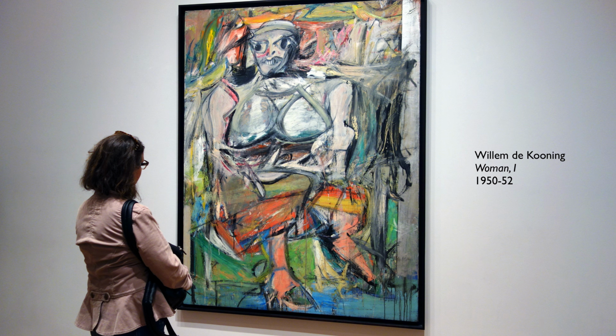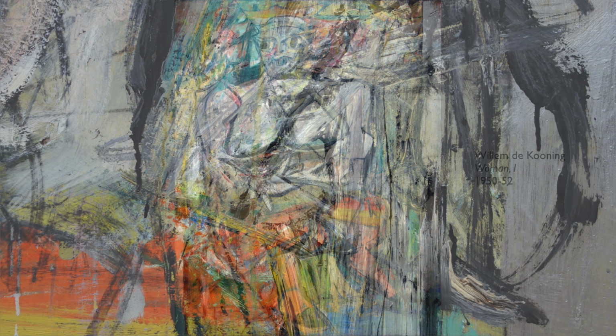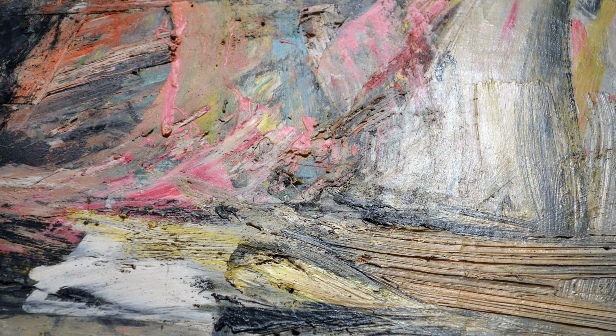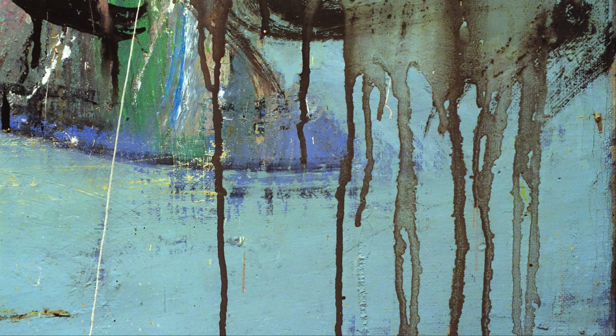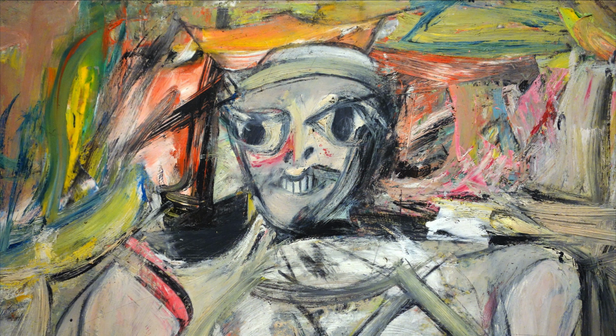We're in the Museum of Modern Art in New York looking at Willem de Kooning's Woman 1 from 1950-52. So this painting took a long time to paint. De Kooning worked on it over a number of years, and that's really evident when we look at the surface of the painting, which looks like layers and layers of different textures of paint, some thin and drippy and some thick and matte. In fact, some of his friends, when they spoke about this painting, remembered that de Kooning actually